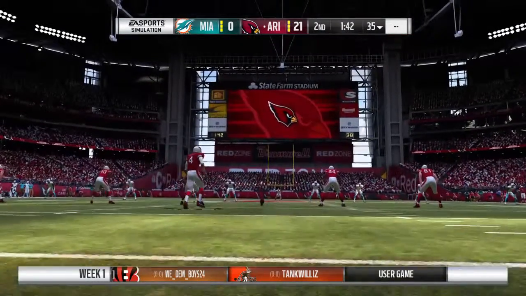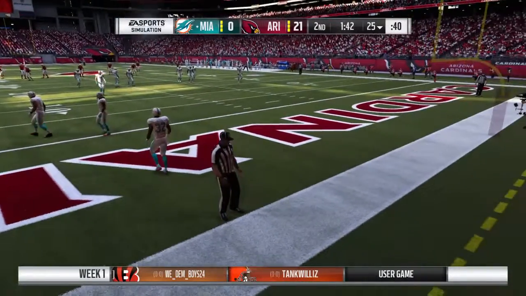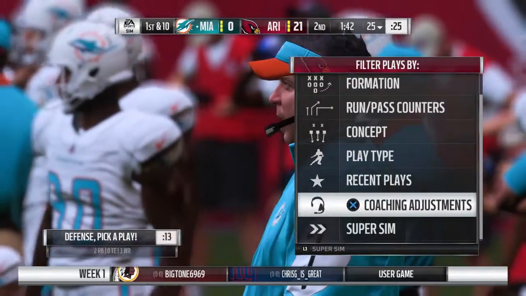Set now to kick this one away, and off it goes. And that'll carry over the back line of the end zone for a touchback. Out comes the Miami offensive unit now. They get set to take